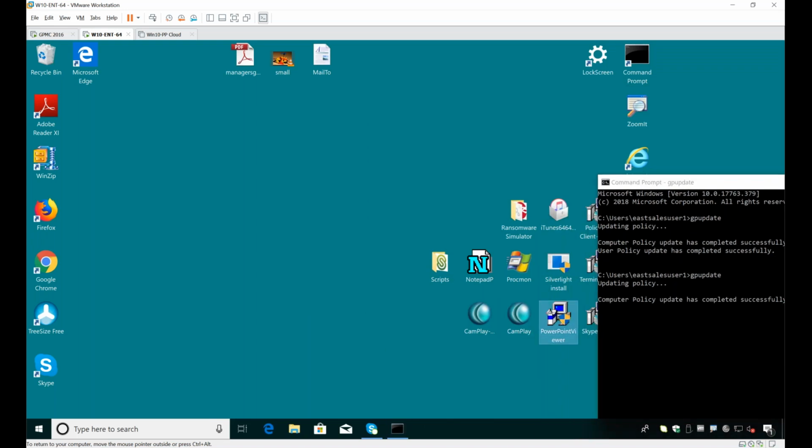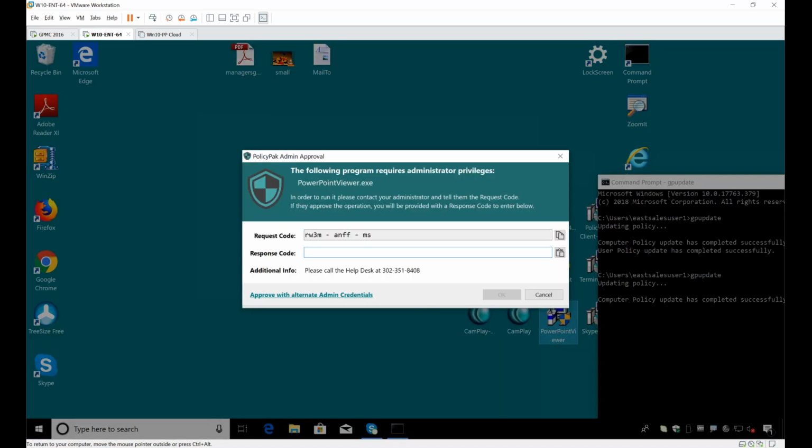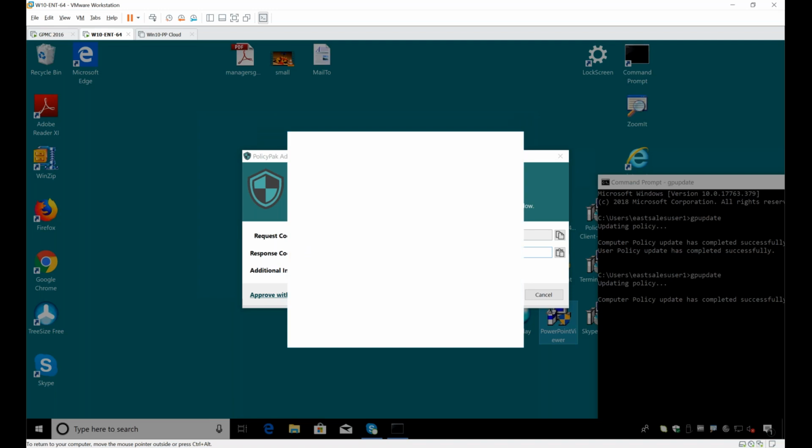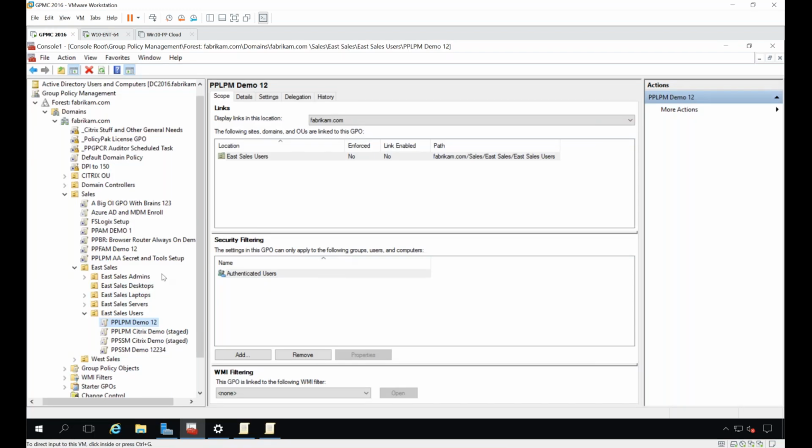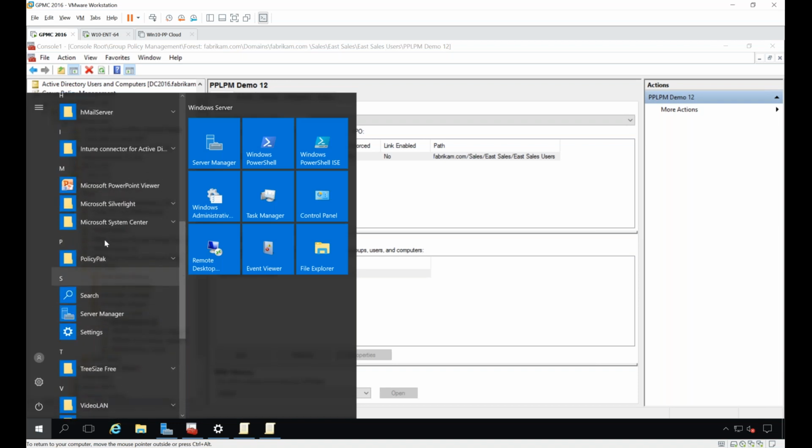So if I click on PowerPoint Viewer, I didn't have a rule for PowerPoint Viewer. So what do we get? You can see, please call the help desk at this phone number, or if that guy was an admin, he could throw his own admin credentials in here. But instead, what you're gonna do is your user is going to read off that request code. And I've got the program on my computer, so go over here, go to the PolicyPack